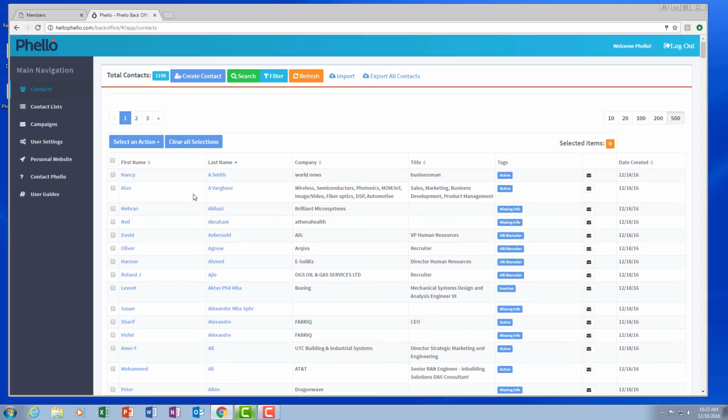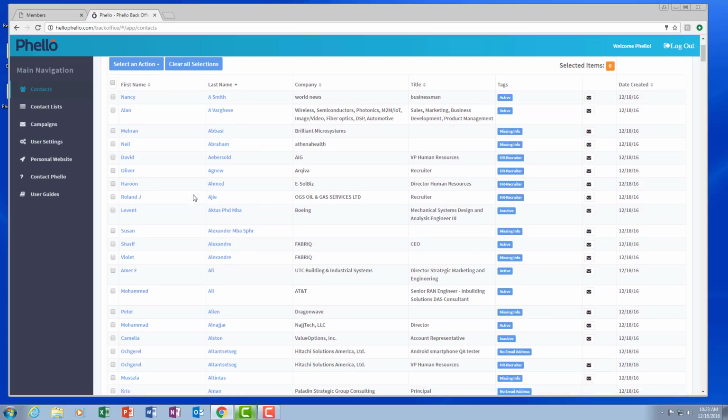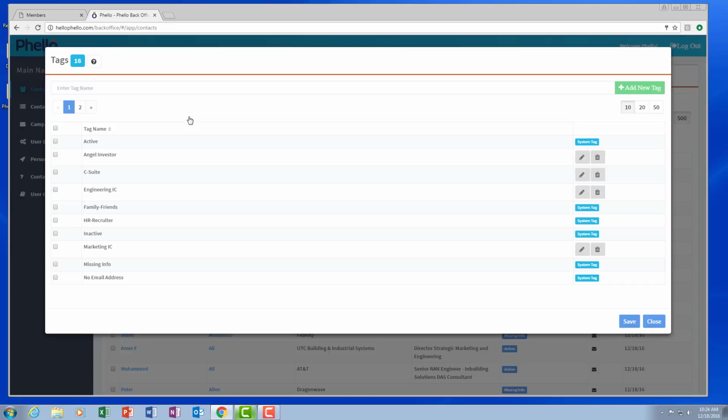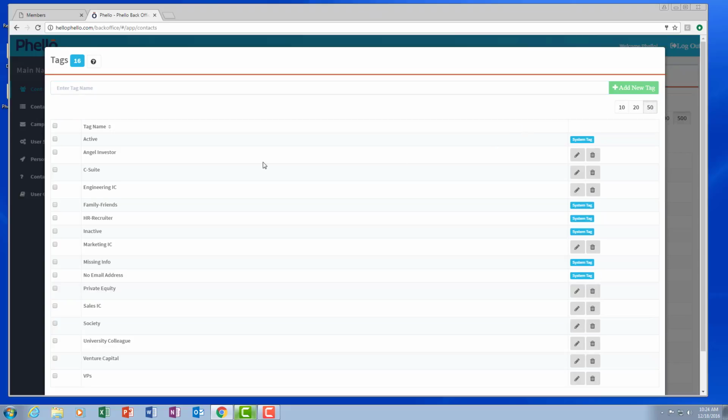So if we come in here and let's modify his tag, if we come up here and add tag, I've already added a few tags in here. But we can add as many tags as we want, and this will help us organize. In this particular case, we want to tag maybe our angel investors. We want to sort our C-suite. Here we have engineering, but they're individual contributors. So we want to sort our engineering individual contributors so we can eventually send them a campaign because maybe we